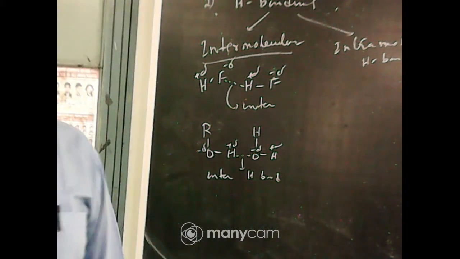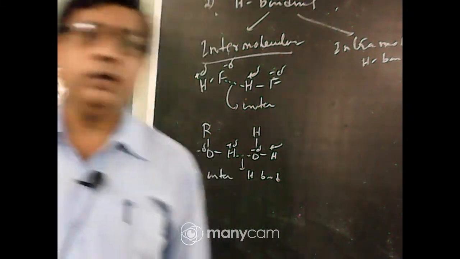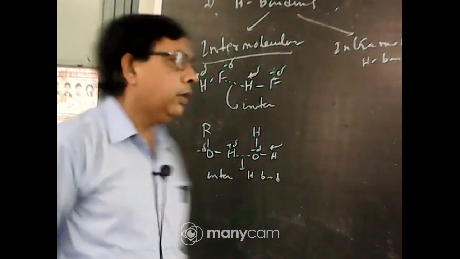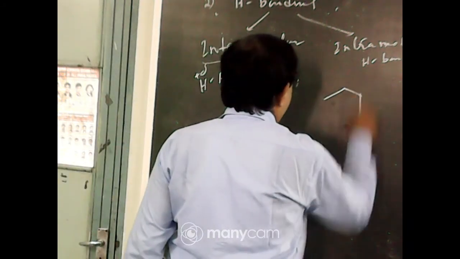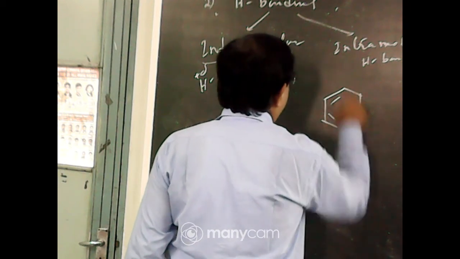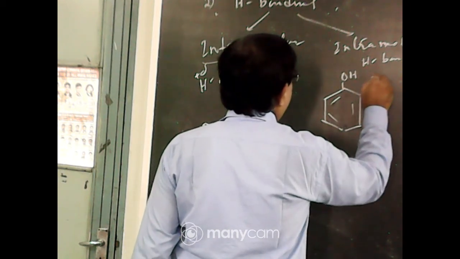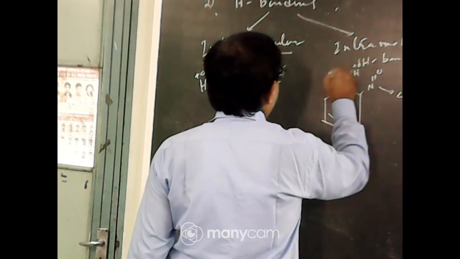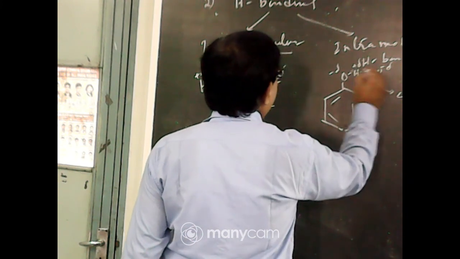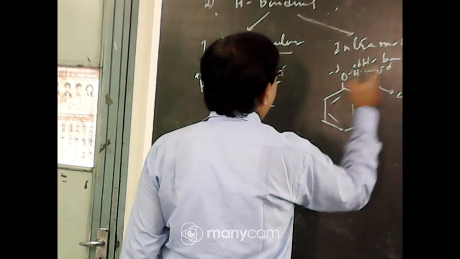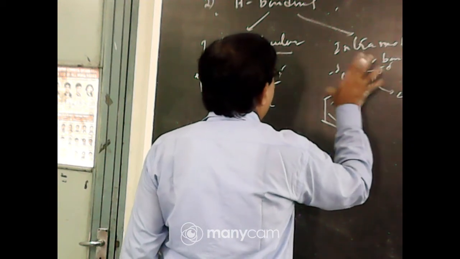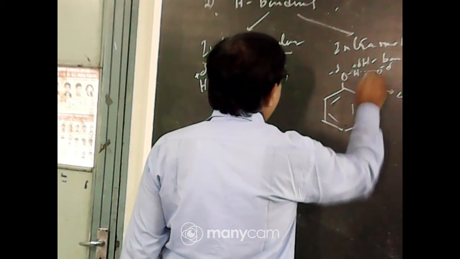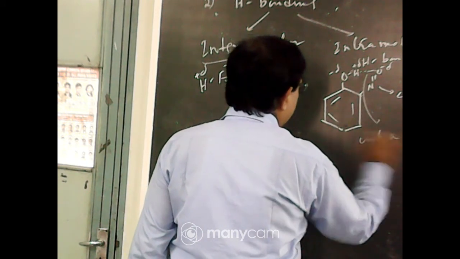Or intramolecular hydrogen bond is formed within the same molecule. The hydrogen bond is formed inside the same molecule, okay? Say ortho-nitrophenol, benzene ring, OH, NO2, N double bond O2. So this is OH, meaning hydrogen positive, oxygen negative, here oxygen negative. So this bond is formed between the hydrogen atom of the OH group and the oxygen atom of the NO2 group. Here the hydrogen bond is formed within the same molecule, not with the neighboring molecule. So this type of hydrogen bond is called intramolecular.